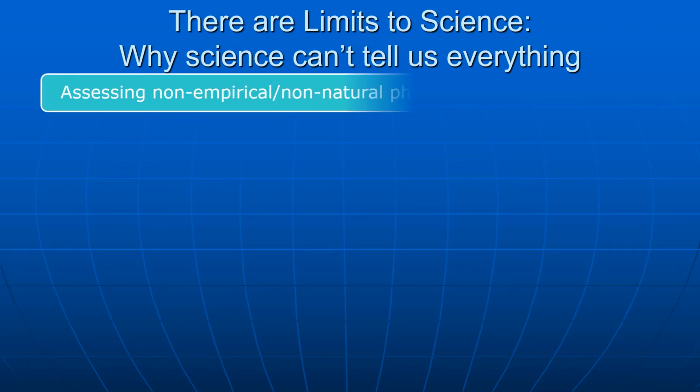Finally, there are limits to science. Oftentimes, in our culture, we tend to think or buy the argument that science is the answer to everything. But the fact of the matter is that science itself is limited to the natural world, and political science is limited to human behavior and what we now can understand about humans as limited human beings. Our sciences can't tell us everything. And let me give you just a few examples of why science is not the answer to everything. It can't tell us everything.